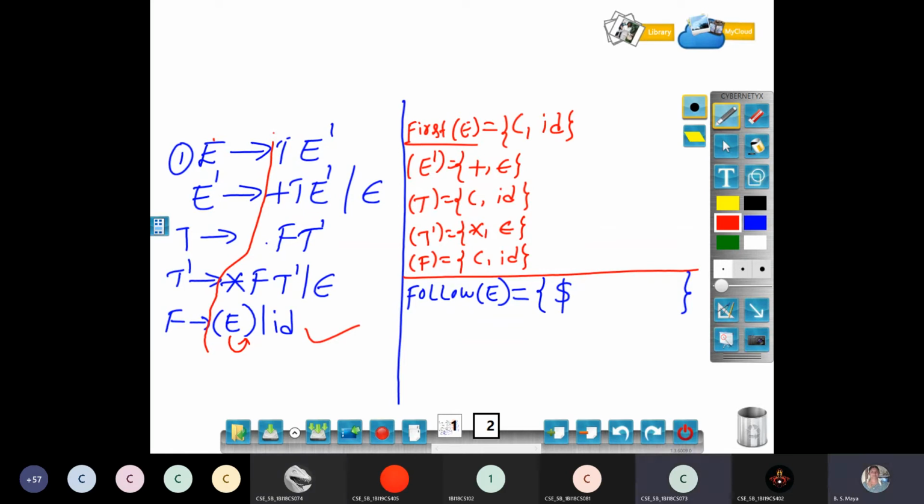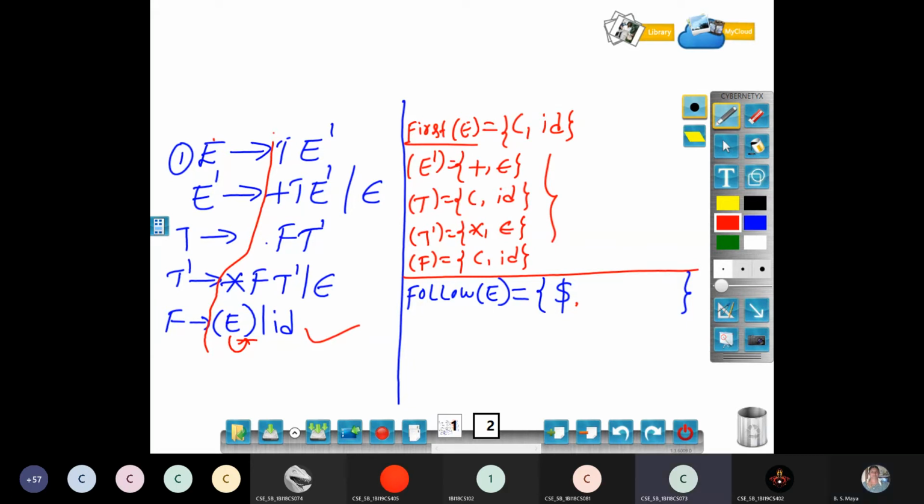Closing parenthesis. Nikita, what is their first symbol? Closing parenthesis. Is it a terminal or a non-terminal? Terminal. If it is a non-terminal, what is the next action? Because in the follow set, non-terminals never come. First sets and follow sets always have only terminal symbols. Because of that, if it is a non-terminal, you have to look at your first set. As I'm finding the follow set of E, what do you get? What is the very first follow set of E now?